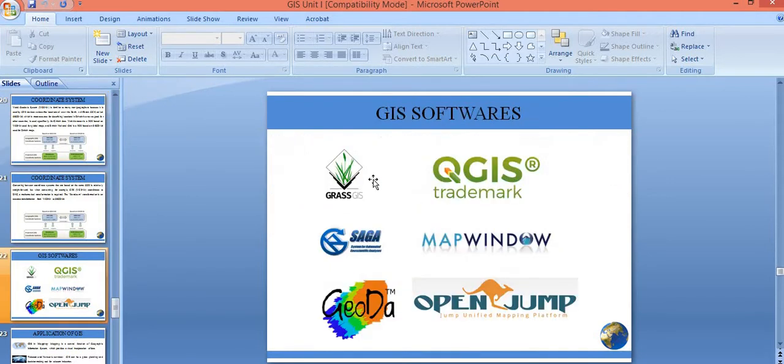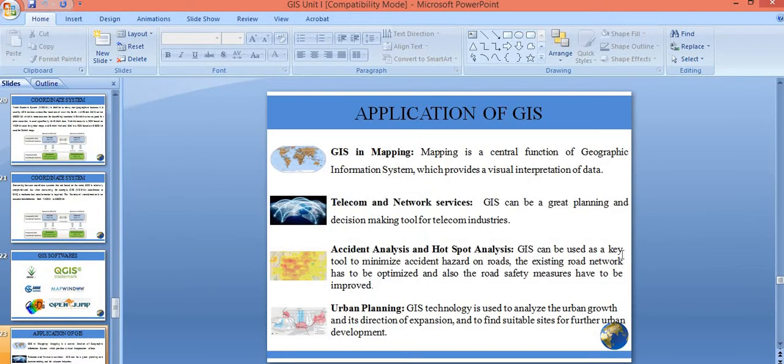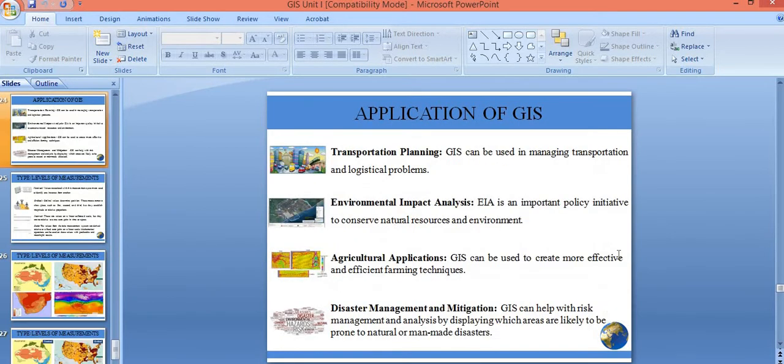Okay, fine. And these are a few examples of geographic information system software: GrassGIS, Saga, Geoda, QGIS. Okay, so these are some geographic information system software. Almost all the software listed in the slide are free open source software. Okay, and there is one popular proprietary software, that is ArcGIS. Regarding applications, we will be discussing them in the 5th unit.